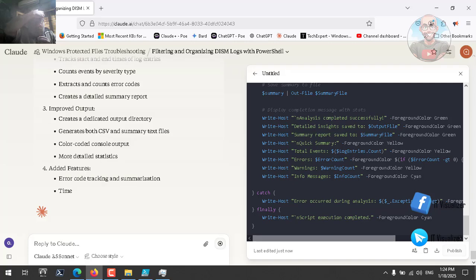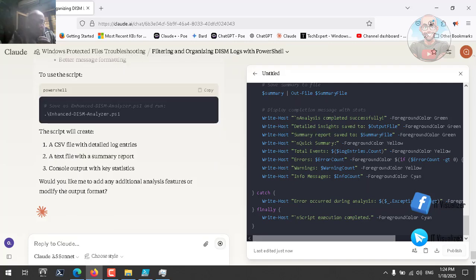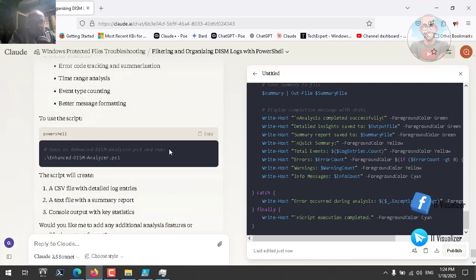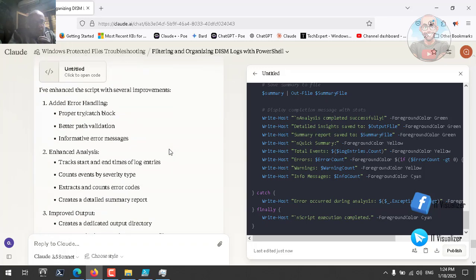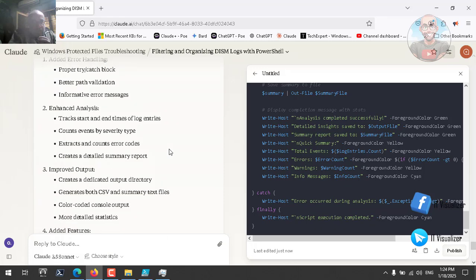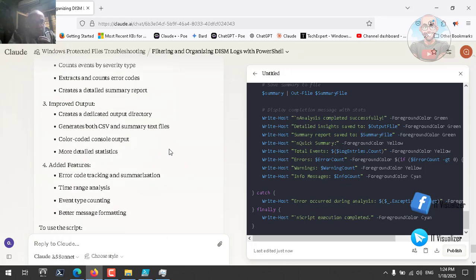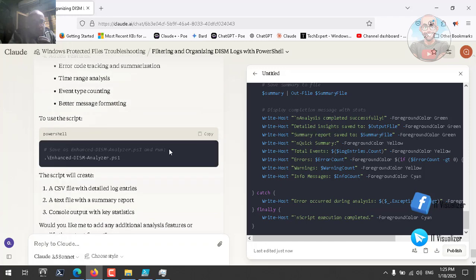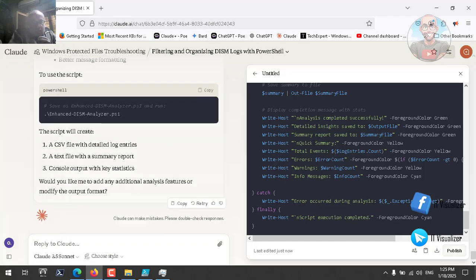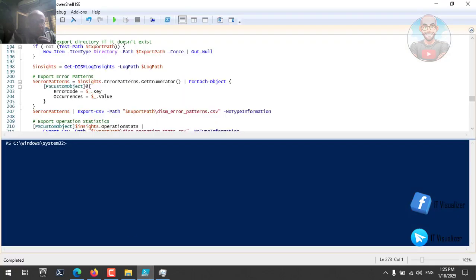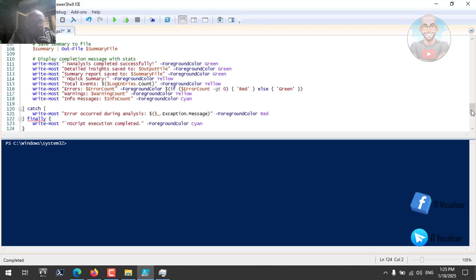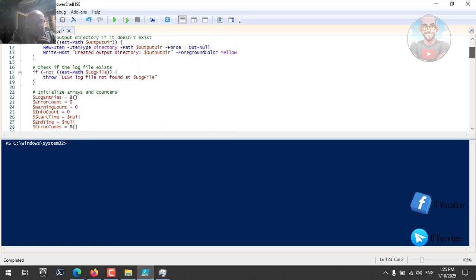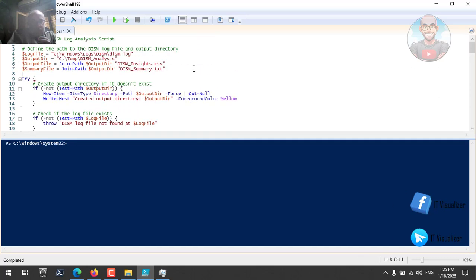So here it is saying that it has already enhanced the script, and it's talking about adding error handling, enhanced analysis, improved output, and added features. So this is a good thing. Let's try to put it in there to see if there are any errors, because I think sometimes Claude has some errors. Let's see if any errors appear in the script. So this seems to be